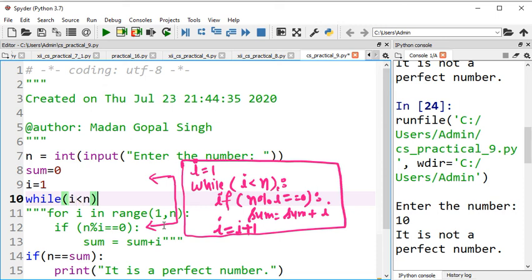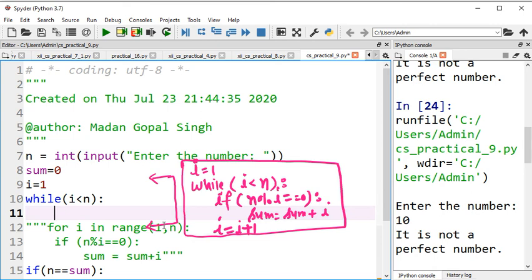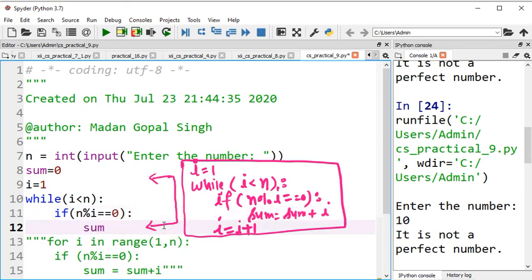Then you need to do the same condition check: if n % i equals 0, in that case you need to add, you can use sum plus equals i also, it is the same.